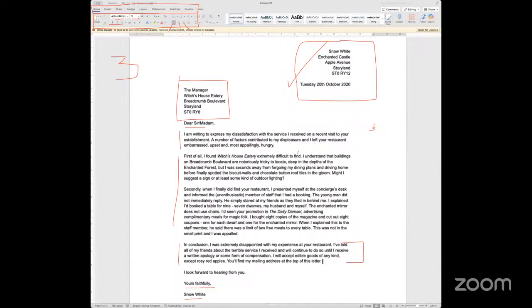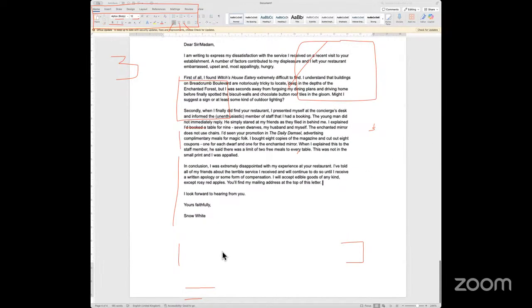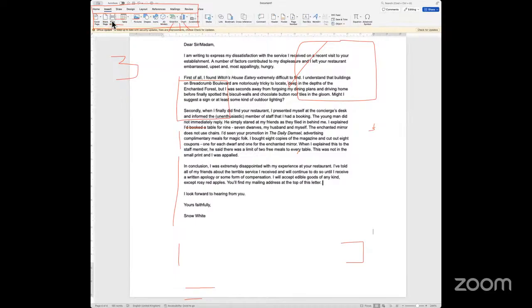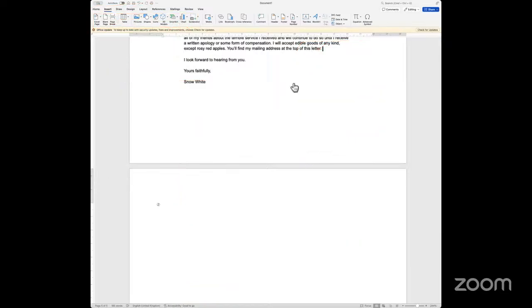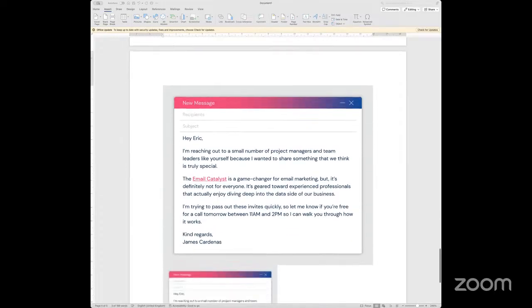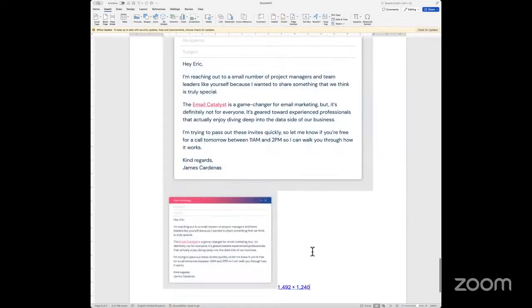Okay, now let's look at an email. One of the activities that you would get for 100% is going to be either a letter or an email. So if you get a letter, you won't get the email. But if you get an email, then you would not get the letter. It'll be one of the two things that you're going to get. So let's look at an example email. How does an email look like? If I bring this across, this is how an email would essentially look like.